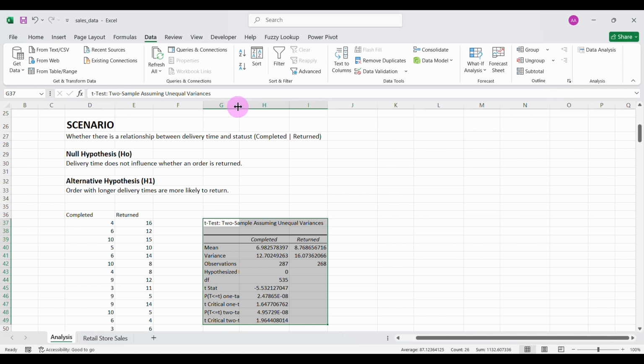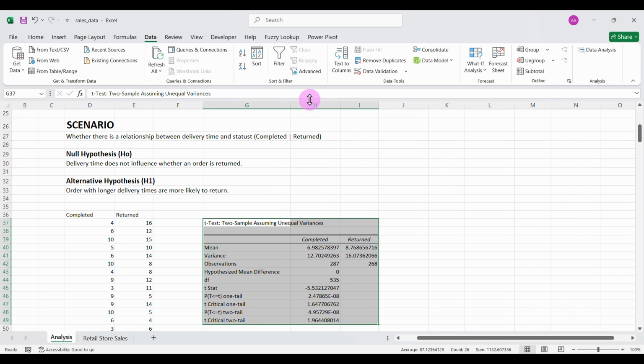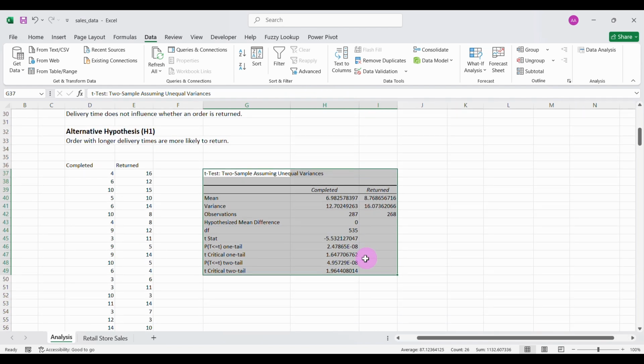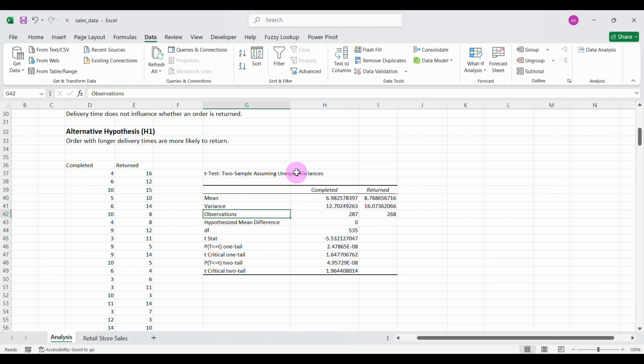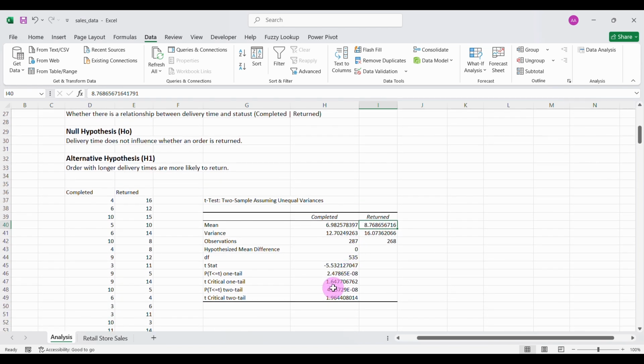Okay, this is the result of our t-test. Once again, these results are very useful, but as you grow as data professional, you get to know each of these things. But the main thing we are looking for is the mean, which is like the average. What is the average delivery time when the orders were completed and when the orders were returned? It can help us to answer that question. But the main thing is the p-value. This is the result of our p-value. This is how Excel read it. This simply means